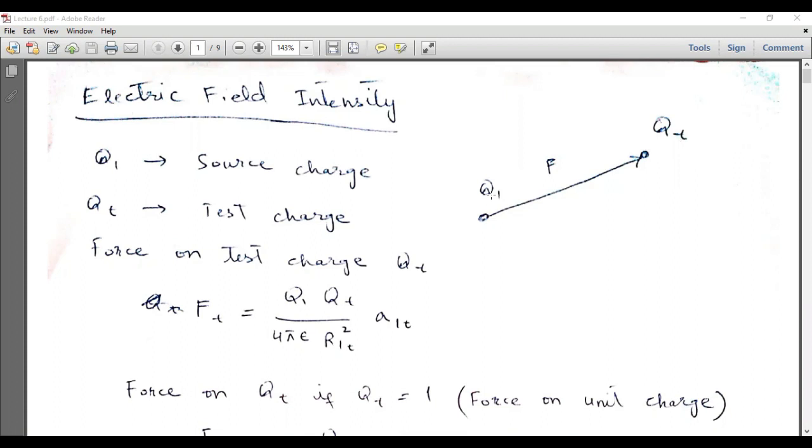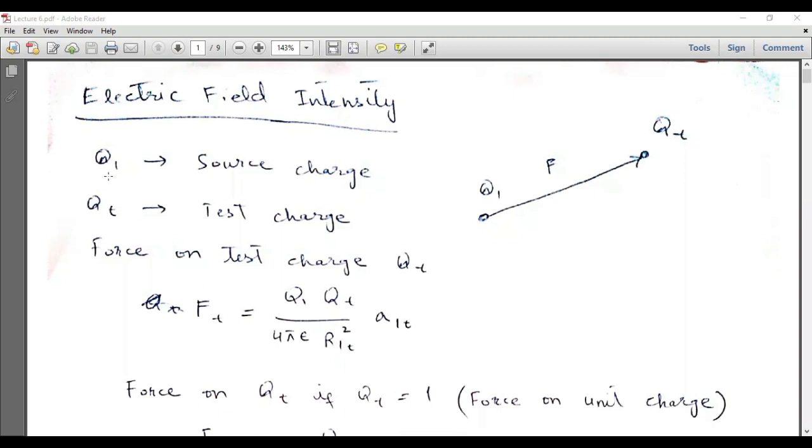Now the source charge, which is Q1 in this figure, is actually responsible for the creation of electric field, and in order to sense the intensity of this electric field due to this source charge Q1, we have to use another charge. That charge is called a test charge, and if we place a test charge around the source charge, that test charge will experience an electrostatic force. Now the force experienced by this test charge divided by the magnitude of this test charge is actually the definition of electric field intensity. So its mathematical expression can be found out by using the expression for the electrostatic Coulomb's